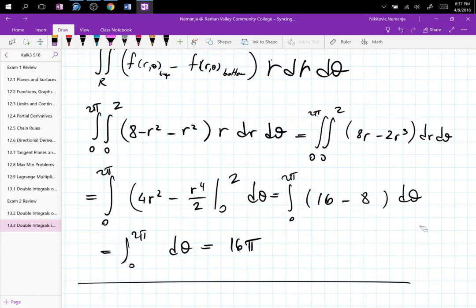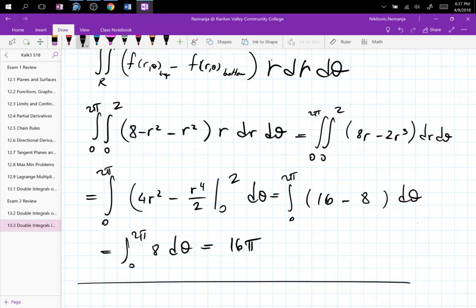When you integrate 8, you get 8 theta, and then you plug in 2 pi for theta, you get 16 pi. So this is the part of figuring out the volume of objects using this. And now we are going to switch gears, and we are going to talk about general regions,